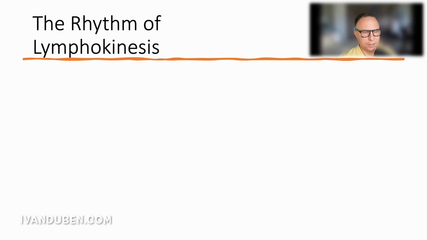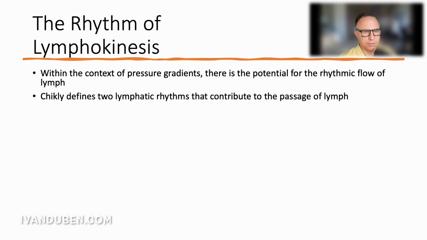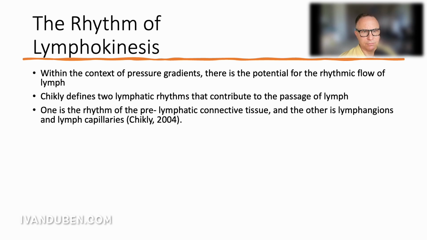In terms of any pre-existing rhythms contributing to lymphokinesis, within the context of pressure gradients, there's a potential for the rhythmic flow of lymph. Schickli defines two lymphatic rhythms that contribute to the passage of lymph. One is a rhythm of the pre-lymphatic connective tissue, and the other is lymphangions and lymph capillaries. The lymphangions act like a little heart, so they have a little pulse to them, and they can help move lymph along. And again, here, this reference to pre-lymphatic connective tissue really feeds into the theory that